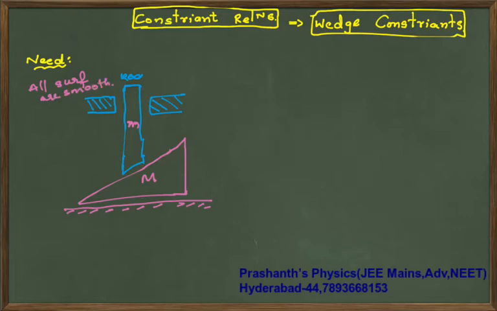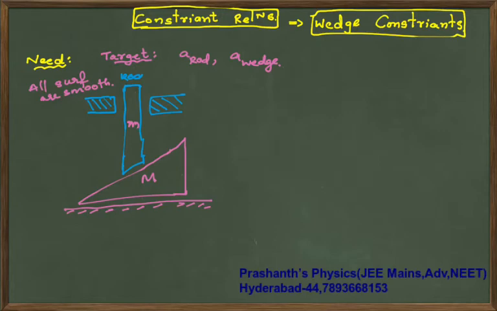Now you are supposed to find out, your ultimate target is calculation of the acceleration of the rod and the acceleration of the wedge. Now let me tell you an important aspect of this. If you just simply draw FBDs, you will feel that you will be able to get the answers, but trust me, no.